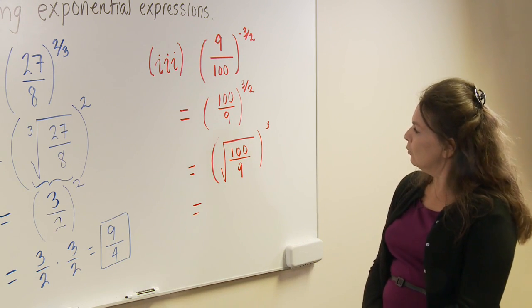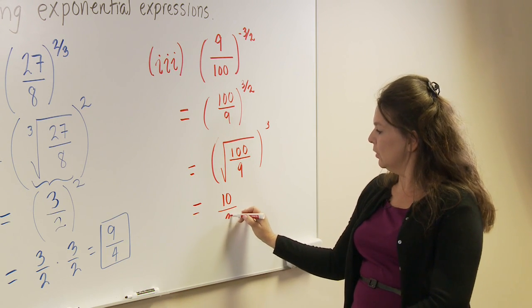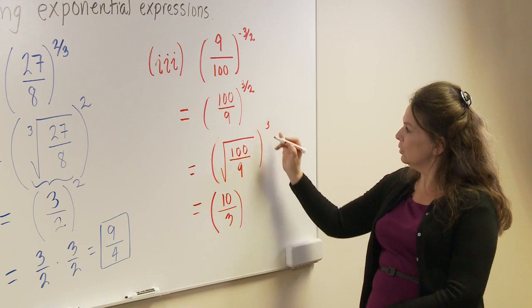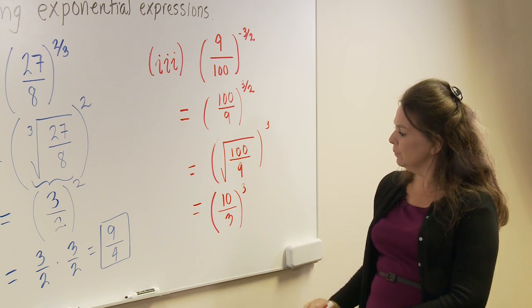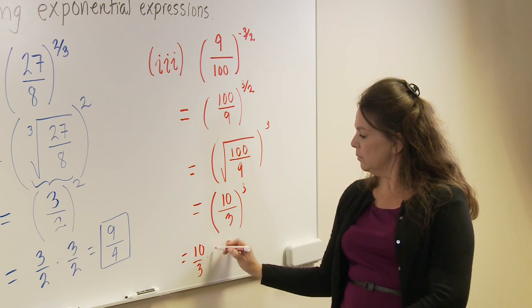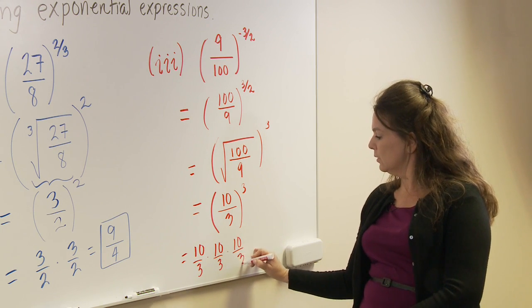The square root of 100/9 is 10/3. Taking 10/3 and raising it to the 3rd power will give us 10/3 times 10/3 times 10/3, or